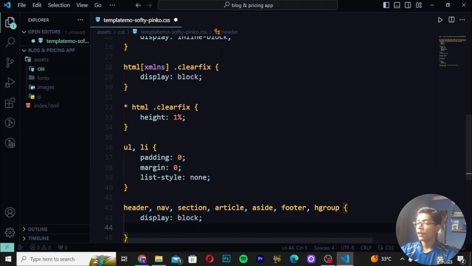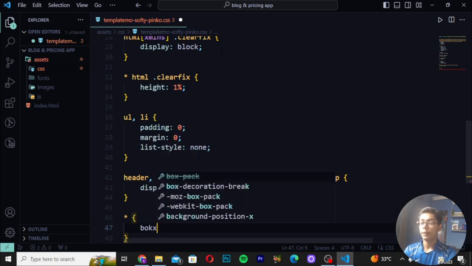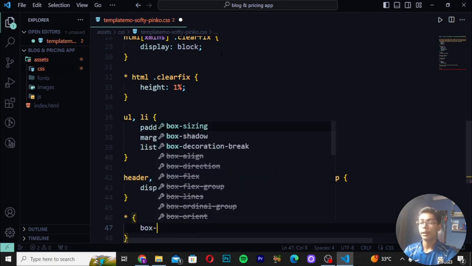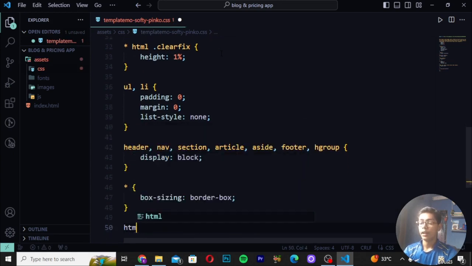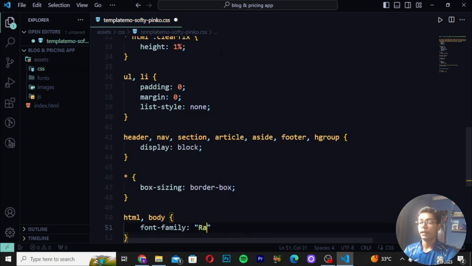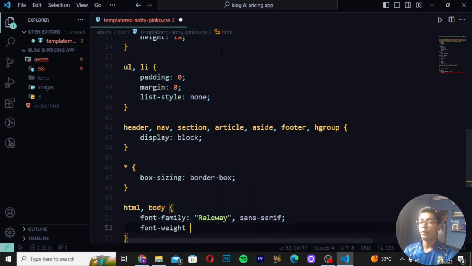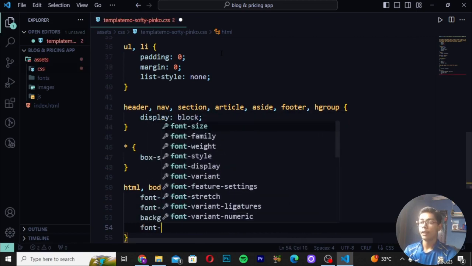Then when you just done that, here you have to simply move down, and here after moving down, just you have to now write here another tag which will be having a box sizing. So here I will be writing box sizing as border box. Then you have to write here the same tag. So here I will be writing now body, and here I will be writing the font family as Raleway, comma sans serif. Then write here font weight 400. So here I will be writing, then create background as white, and then I will be writing the font size